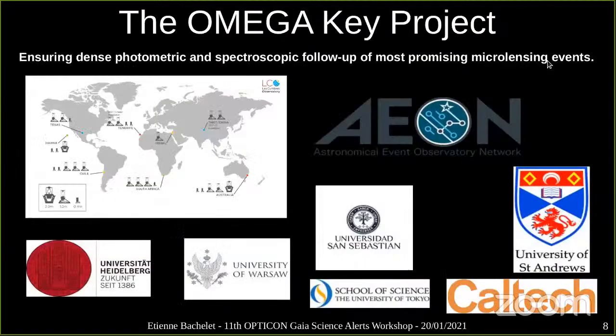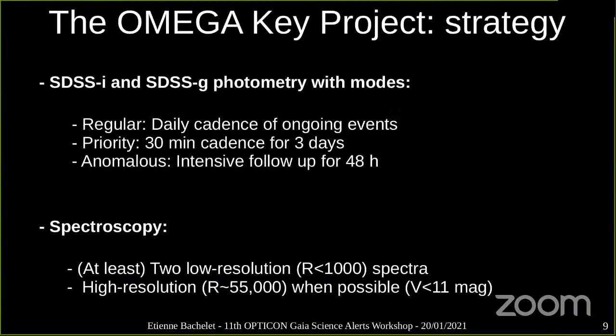So the Omega project intends to ensure dense photometric and spectroscopic follow-up of the most promising microlensing events detected by these surveys. And it is a collaboration between Las Cumbres Observatory and several institutions. And we are also partnering with the AEON project, which is a project to make a network of various telescopes from LCO as well as Gemini and SOAR. And our basic strategy is